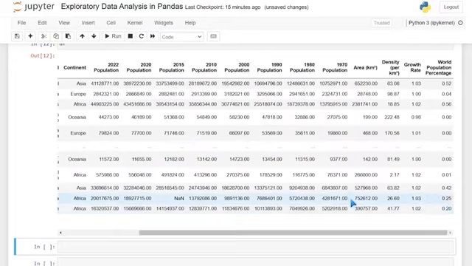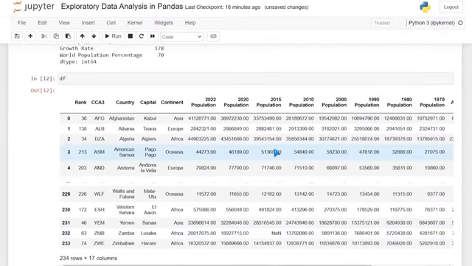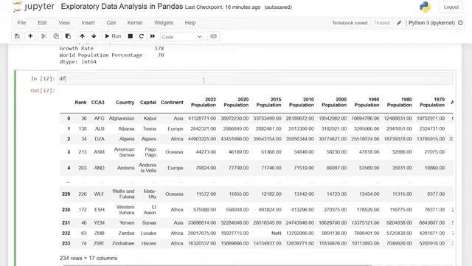Now, let's say we just have this data right here and we want to take a look at some of the largest countries. And we can easily do that. We could say max and take a look at the largest country, but I want to be a little bit more strategic. I want to be able to look at some of the top range of countries. And we can do that based off this 2022 population. So we'll say